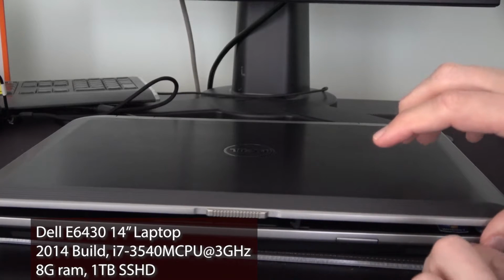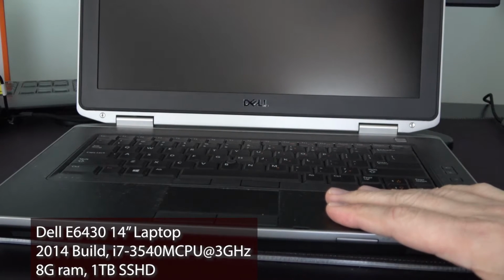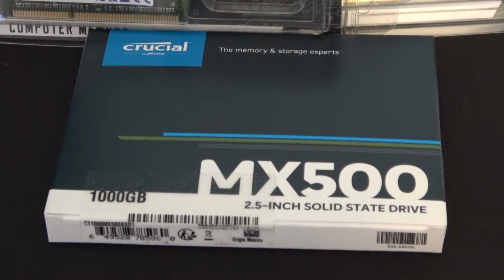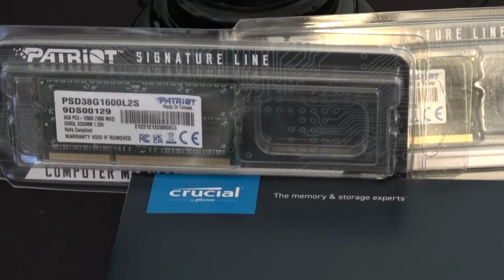In this video, we're going to take a Dell Latitude E6430. We're going to upgrade the RAM from 8 gigs to 16 gigs. Word of warning, before you do that, you may want to consider upgrading your hard drive to an SSD drive, as that'll get you the most performance, whereas a RAM upgrade will really only give you more memory to work